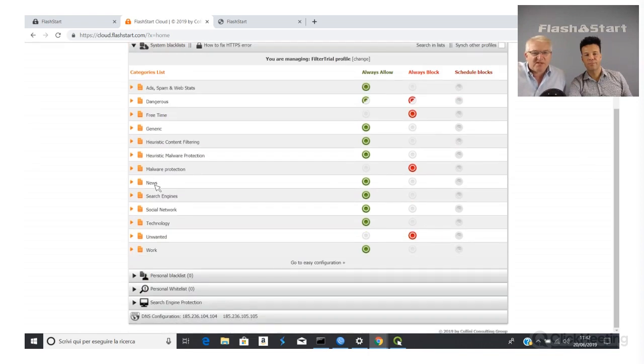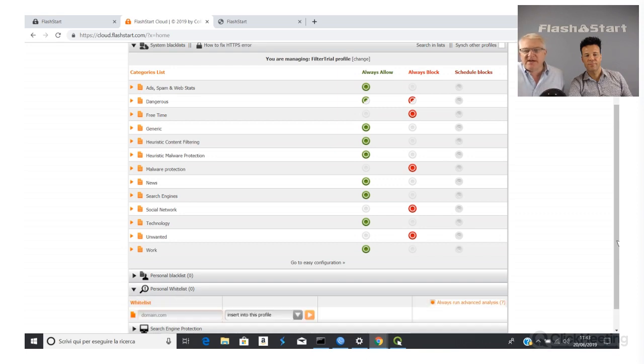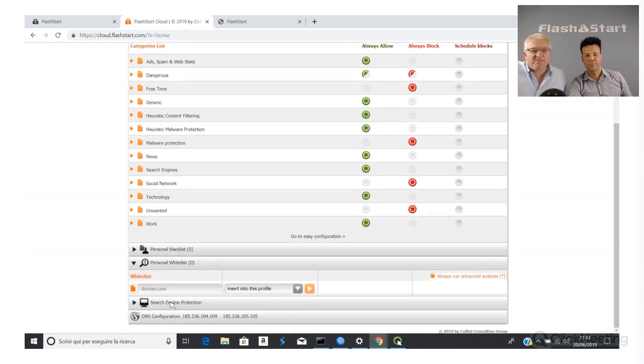Down here, we've also got things like social networking, and at the moment we have social networks as one big group, and then we help you to blacklist and whitelist aspects within that. So, for example, you might blacklist all social networks, and then within the whitelist down here, you may allow LinkedIn.com.